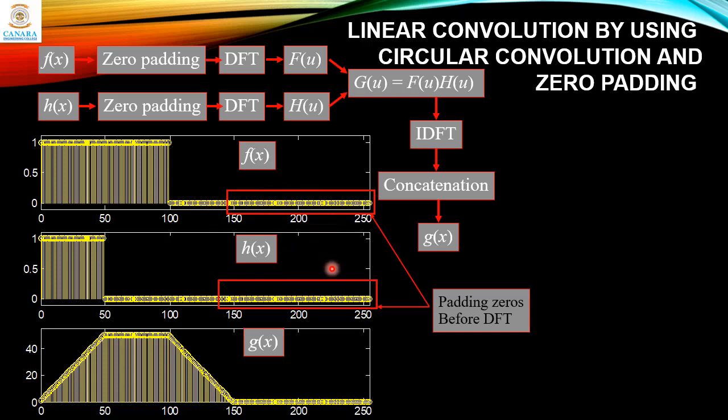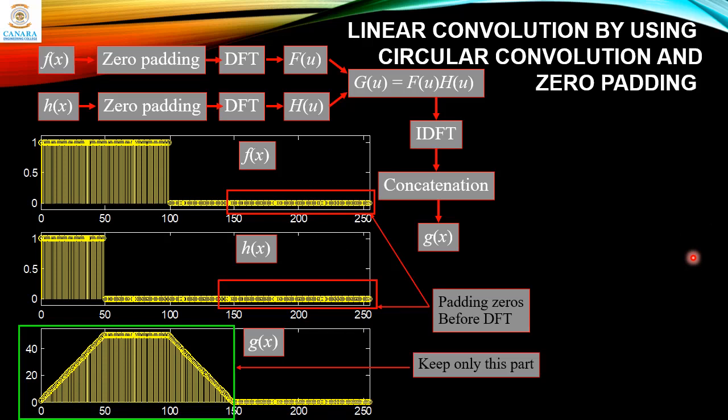Similar to the way we did in DSP, same concept here. And then in the output, we perform concatenation. That means we retain only the part in the green square here, and we eliminate or concatenate the remaining zeros, which are basically the padded part. So this is how the convolution is done. Circular convolution is done on the images.